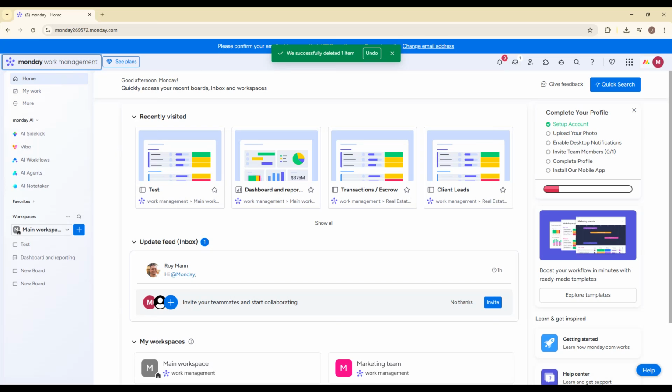In today's video, I'm going to show you how to get started with built-in dashboards on Monday.com, step by step. If you've been managing projects, sales pipelines, or team tasks and want a visual way to track everything in one place, dashboards are exactly what you need. By the end of this video, you'll know how to create a dashboard, connect your boards, and add powerful widgets